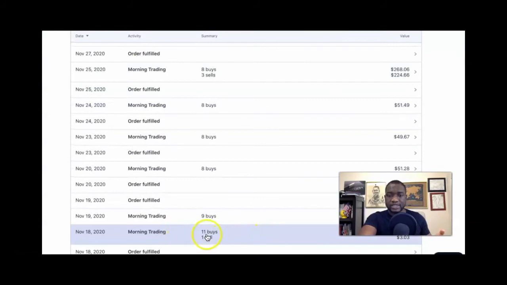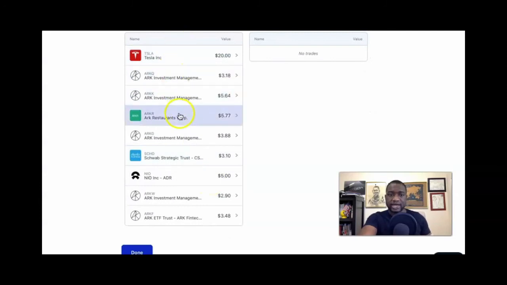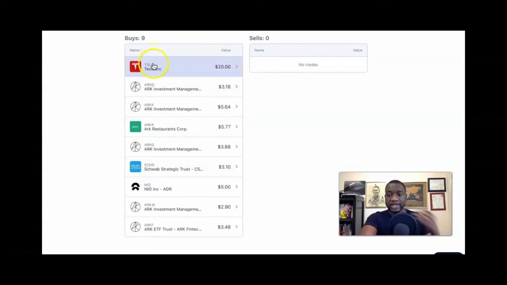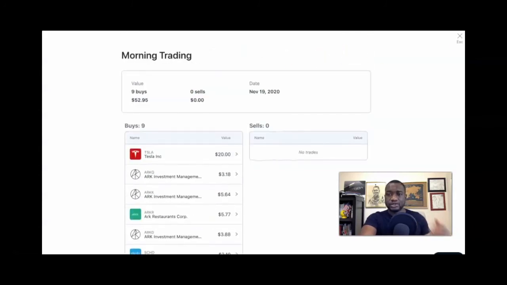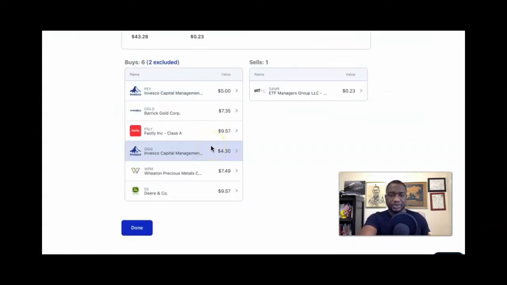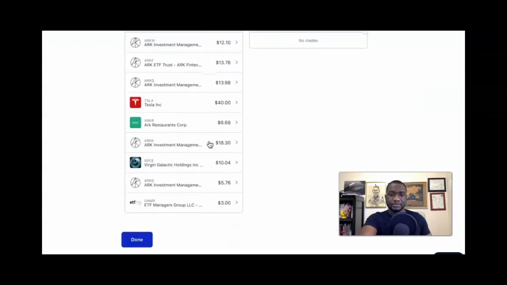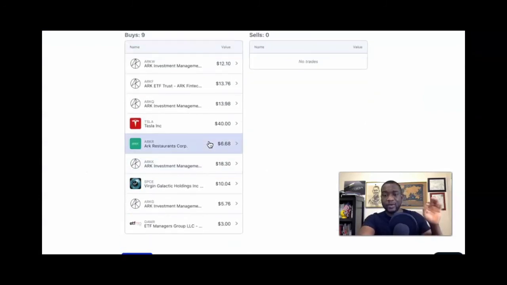Let me show you another one. So let's pick a random one, which is this one. See, again, it's buying ARK Invest basically. All NEO and SPHG, those are manual buys that I go in and buy myself. So automatically M1 goes in and buys the underweighted one. Let's take a look at this one here as well. Oh, these were the ones that I went in to buy. This was a different day, and that's a different story, which I will explain in my next update, next week's dividend update. So as you guys see, again, boom, boom, boom, it's buying basically ARK Invest.